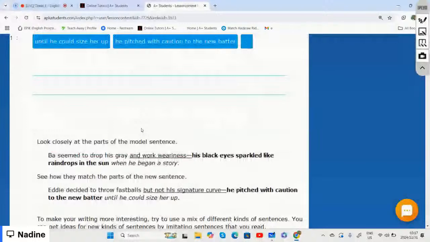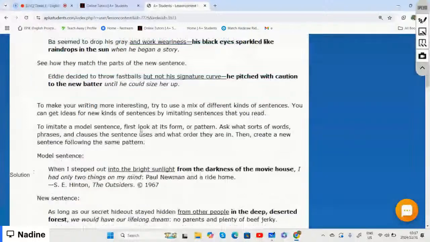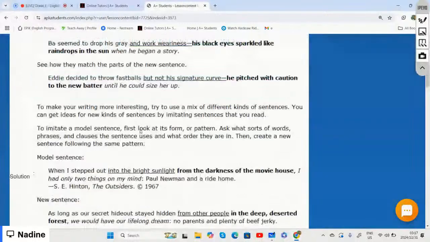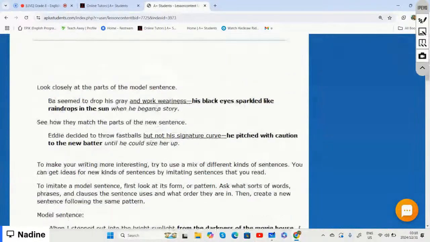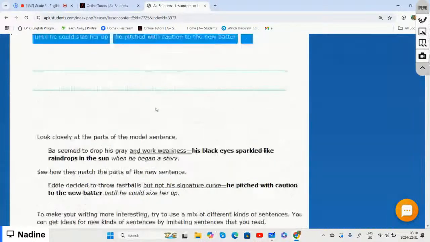Period. If we look at that sentence, we can say,